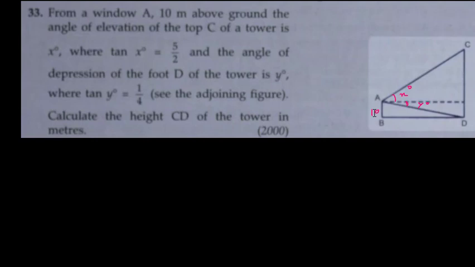So as this angle is y, using this tan y, I can find out this BD. Once I get this BD, I can find out this AE. Once I find this AE, I can find out this CE. So I have CE, I have DE, so I will get the total length CD. Okay, so here I will say that CD is equal to AB, and this is equal to 10 meter.